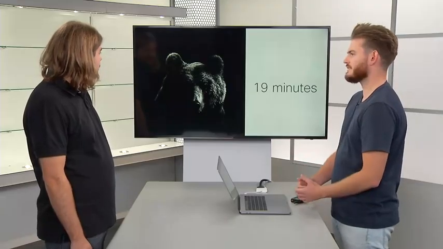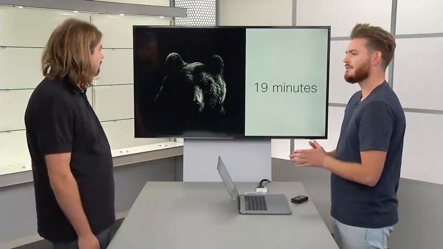So let's get started. We can cover this particular topic again just very briefly. It takes about 19 minutes from the point that an attacker gets a foothold to a full-on breach inside a customer's data center. They are trying to deal with reacting within 19 minutes to a breach.